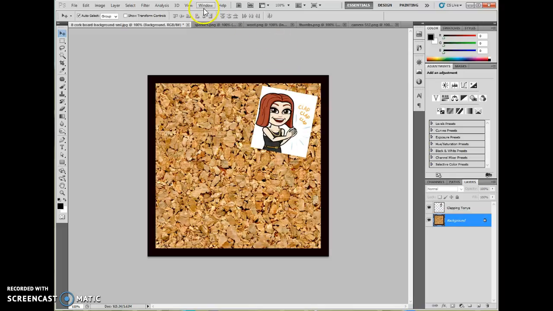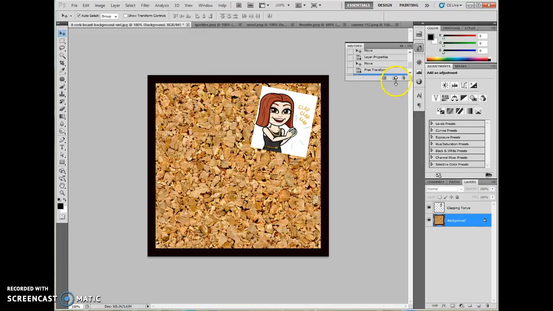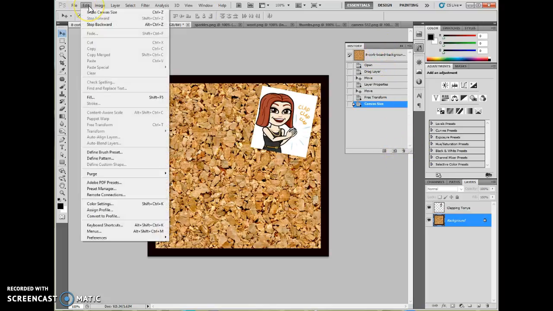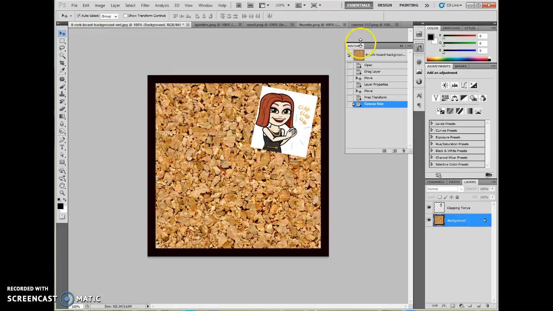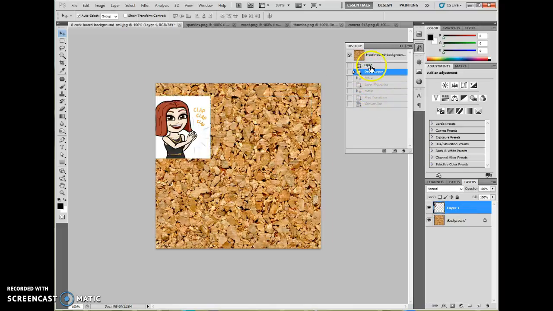The other thing that's important to note is the panel called the History Panel. This is kind of an easy way to undo in Photoshop. As we've talked about before, when you go to Edit, you can only undo one time. And you can use Step Backward to undo multiple times. But it's much easier to just keep the History Panel open. And then, if you want to see the progression, you can back up and see every little action I did